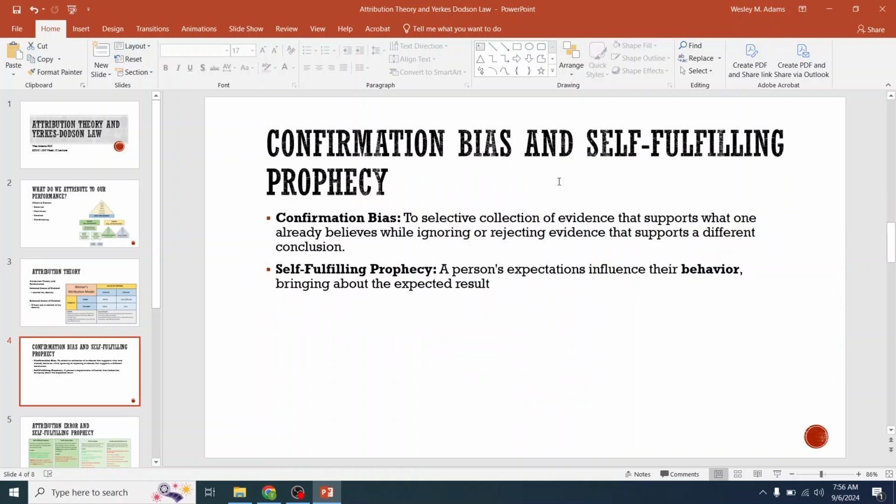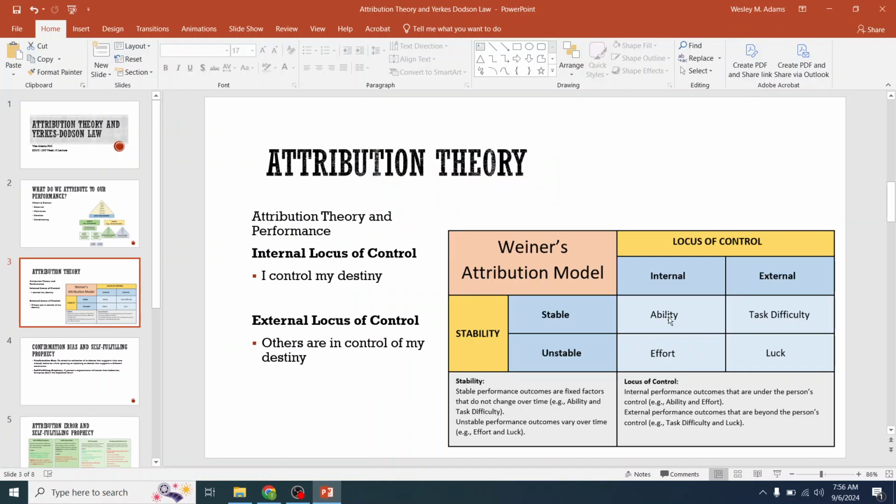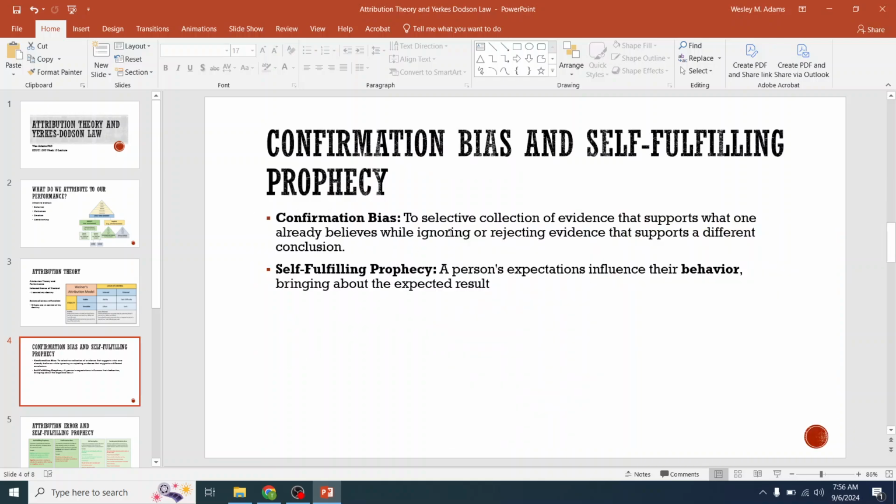Let's look at confirmation bias and self-fulfilling prophecy. So confirmation bias and self-fulfilling prophecy are interconnected, meaning when I was in junior high, for some reason, I started making excuses that I was bad at math. And so therefore, I didn't put forth the effort. I could have kept my ability slowly increasing, but I didn't put forth the effort, and so my ability for math started to decline because I wasn't putting forth the effort to learn the new concepts.